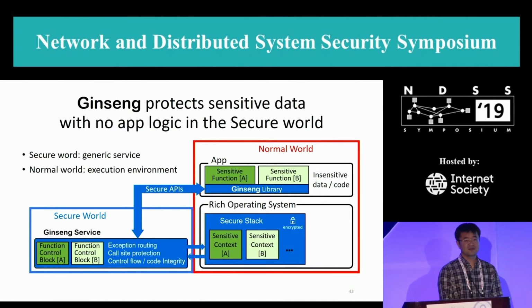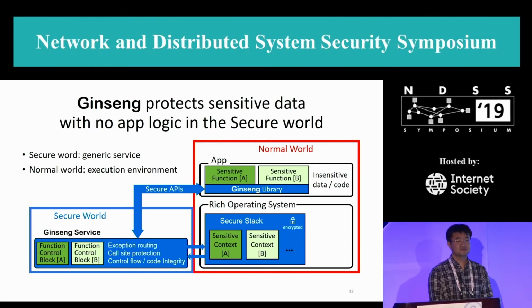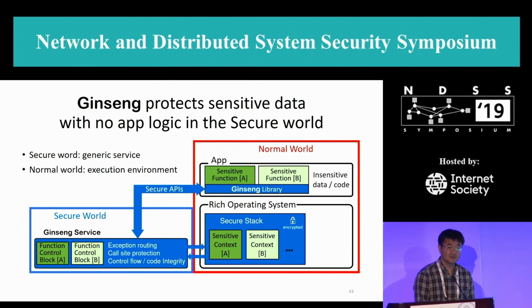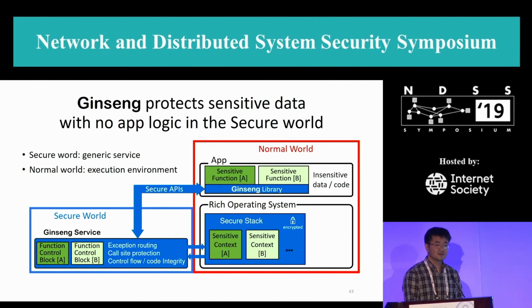Okay, Min from UCI. Thanks for the talk. I might have missed it, but can you share some numbers about how this approach affects the register pressure? Because you marked the sensitive data explicitly in the code, right? So it might affect the register pressure during compilation. Do you have any numbers to show this effect?